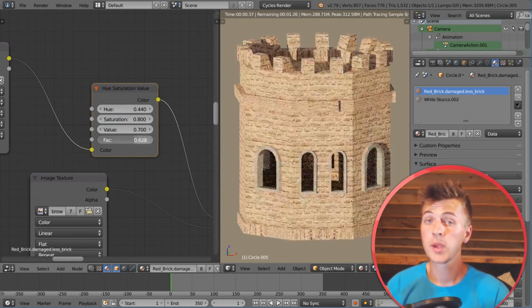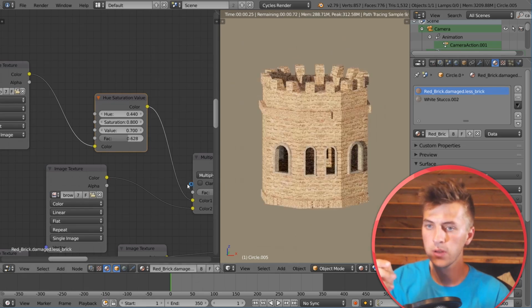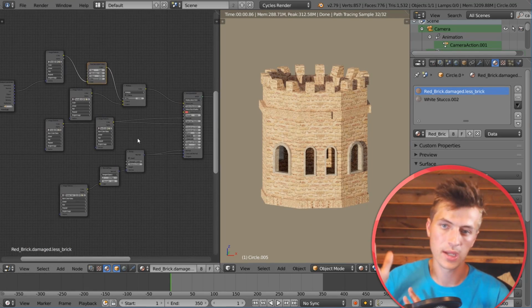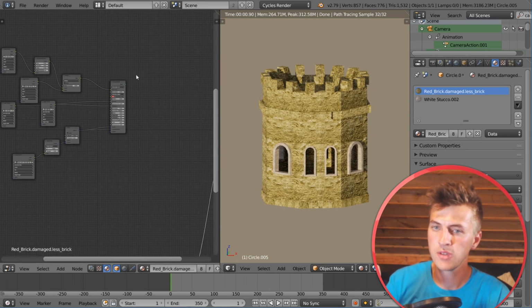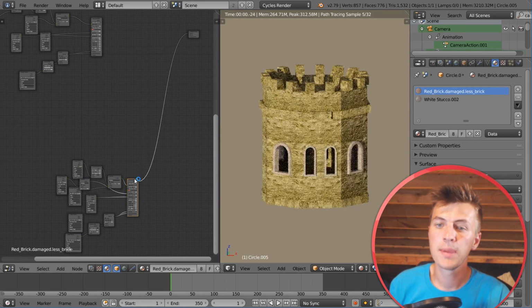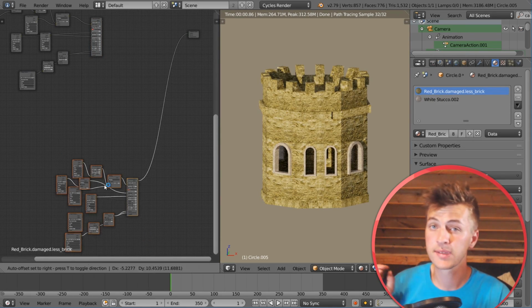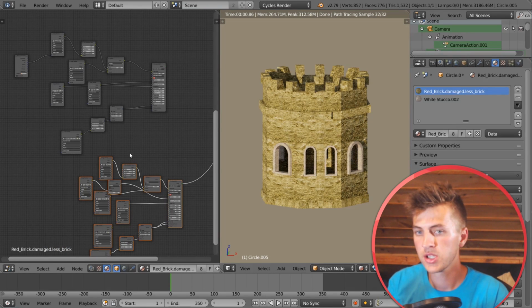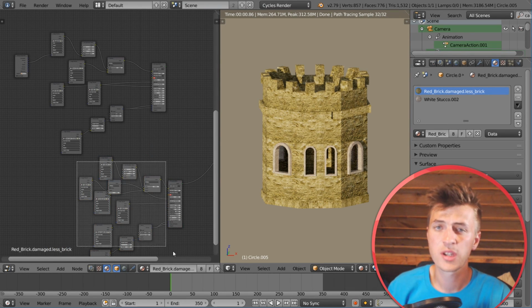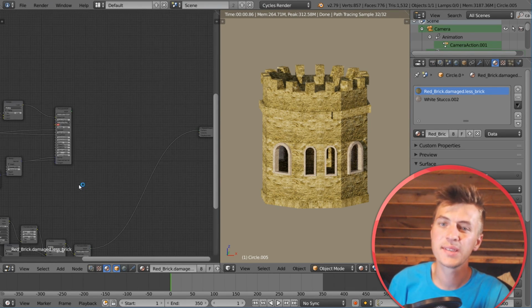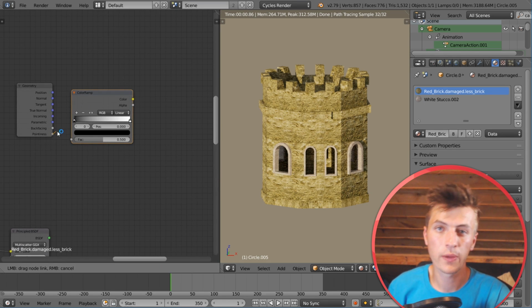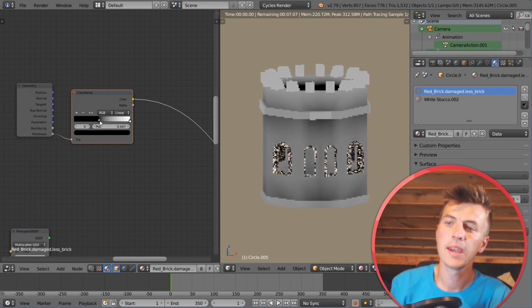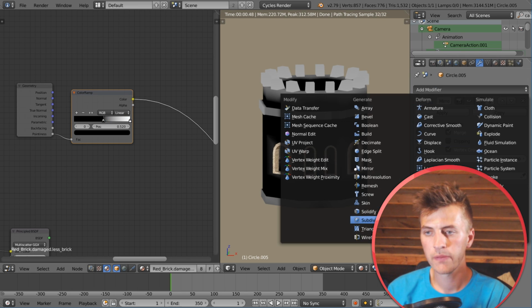And what I'm going to end up doing is creating 2 materials identical to each other with different textures. As you can see down here, I have a texture the exact same, just using a green brick, and I'm going to mix these together using a mix shader. So we have 2 principled shaders with the corresponding textures connected, and we'll be mixing these together using the geometry node as a factor, again with the pointiness value,